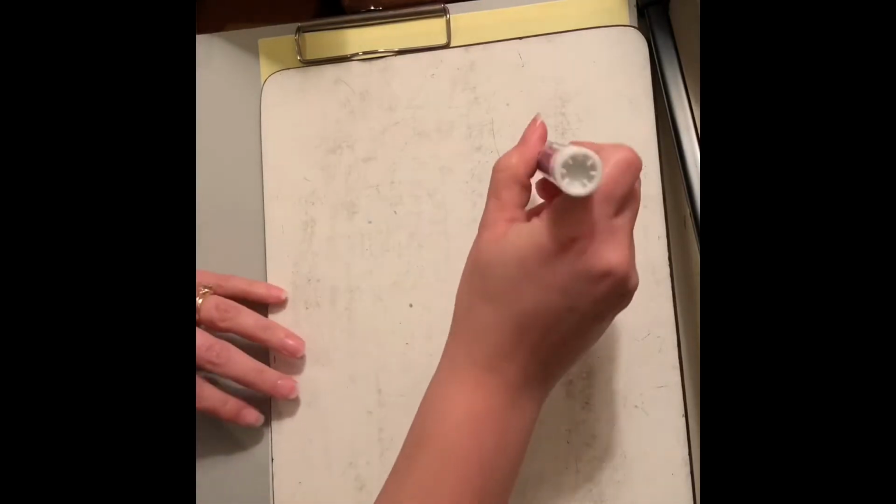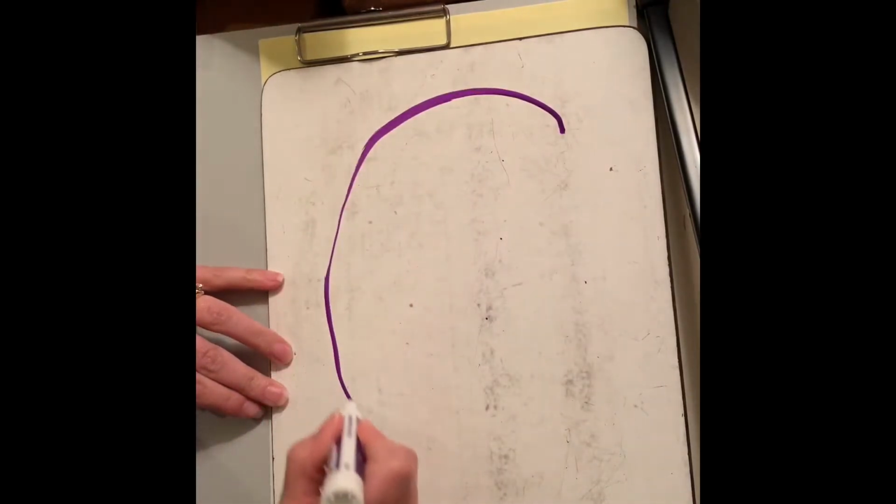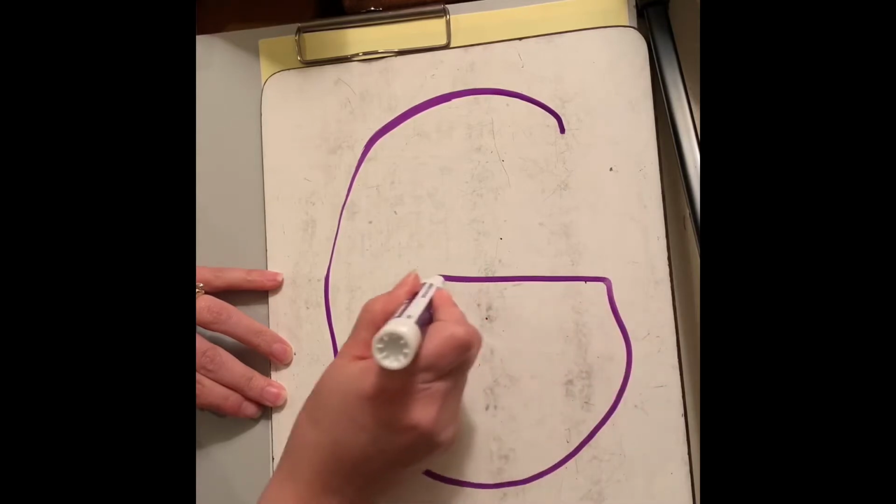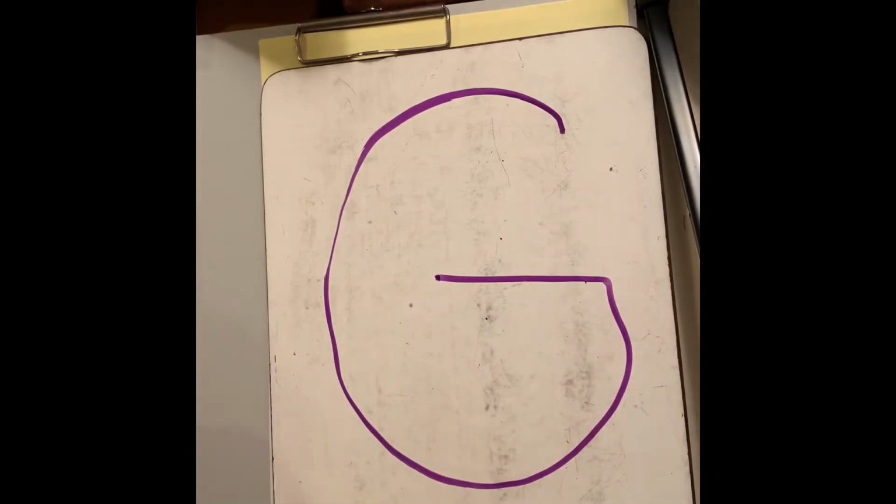First is the story of King Gallen. Here is King Gallen's kingdom. As you can see, it's a G for Gallen. In King Gallen's kingdom, he had